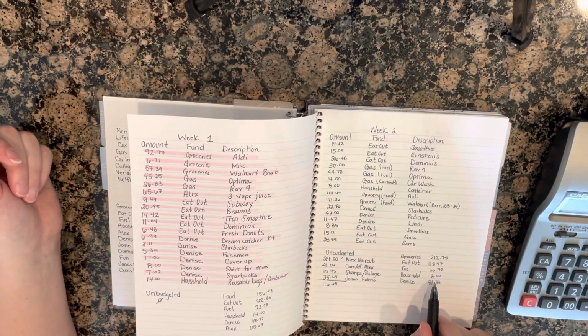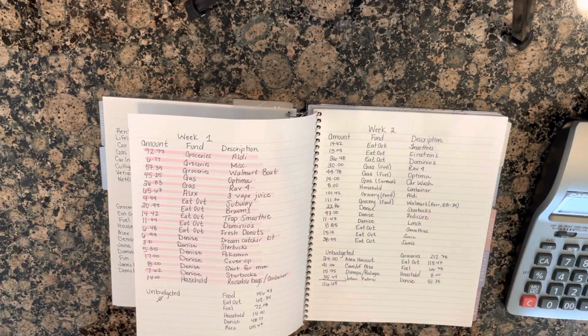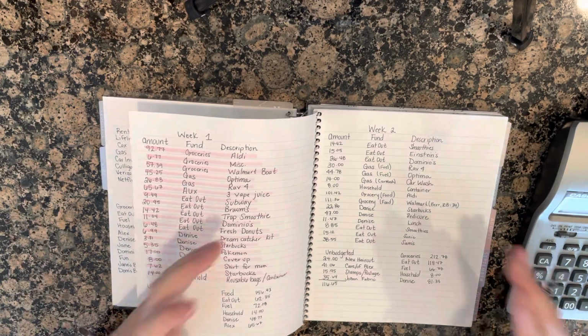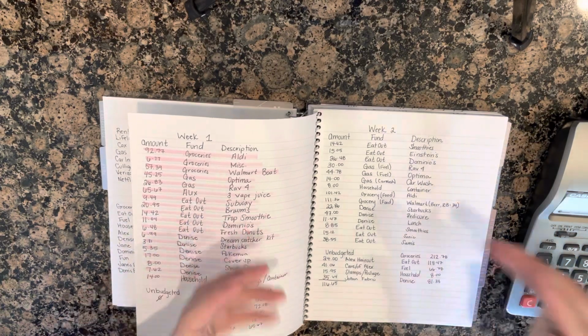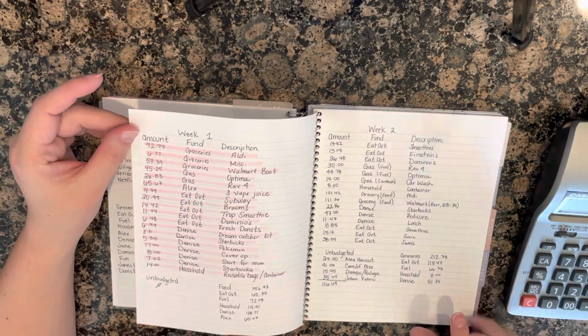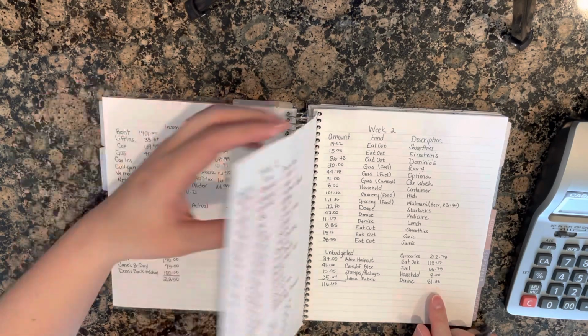So anyway, I keep buying containers. I bought another container at Aldi. It's just easy. If we go to family dinner and I bring something, or I like to make meals that you can make a big pot of and then heat up. And I don't have a lot of those containers. So I've been buying bigger food prep containers with a lid so that I can put them in the fridge, because I don't like cooking. I'd rather make one meal and have leftovers for the next few days. So I got another one of those, and then I spent $81.33